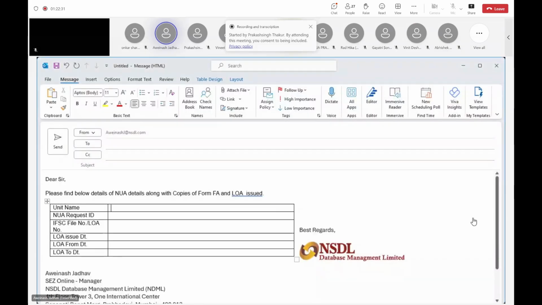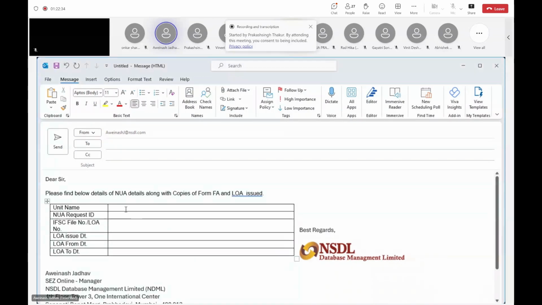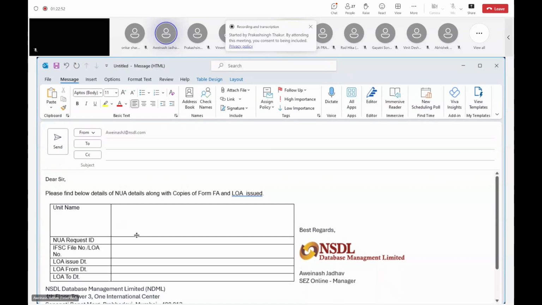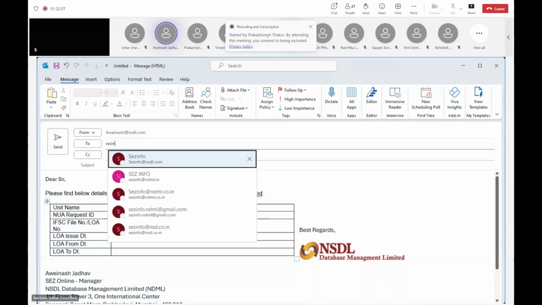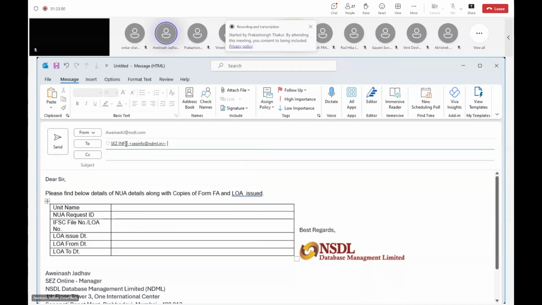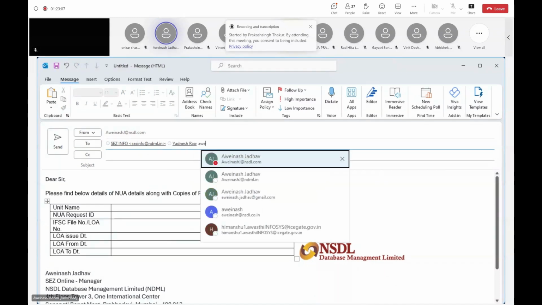You have to mention your unit application unit name, your annual request ID, जो request ID है हमने जो जनरेट करी रखी है, वो आपका आईएफएससी ने जो फाइल नंबर या एलओए नंबर आपको इशू करके रखा है, उसके इशू डेट, फॉर्म डेट एंड टू डेट, ये 6 डिटेल्स आपको हमें मेल करना है SEZinfo@ndml.in, यज्ञेश जी को और मुझे।